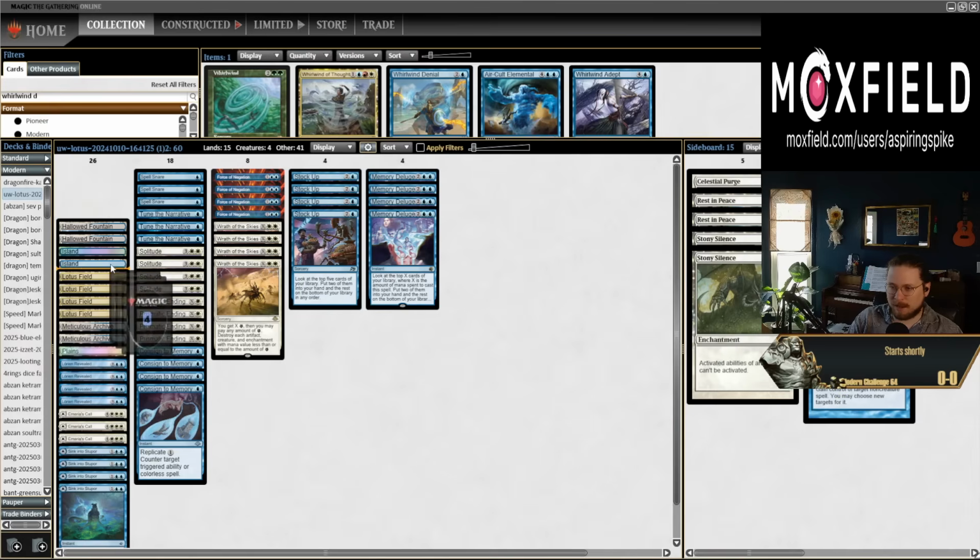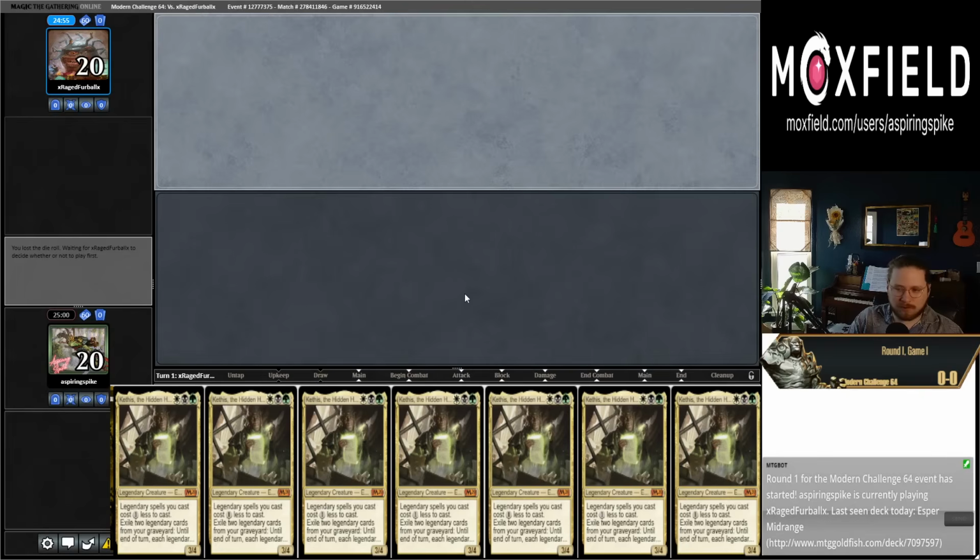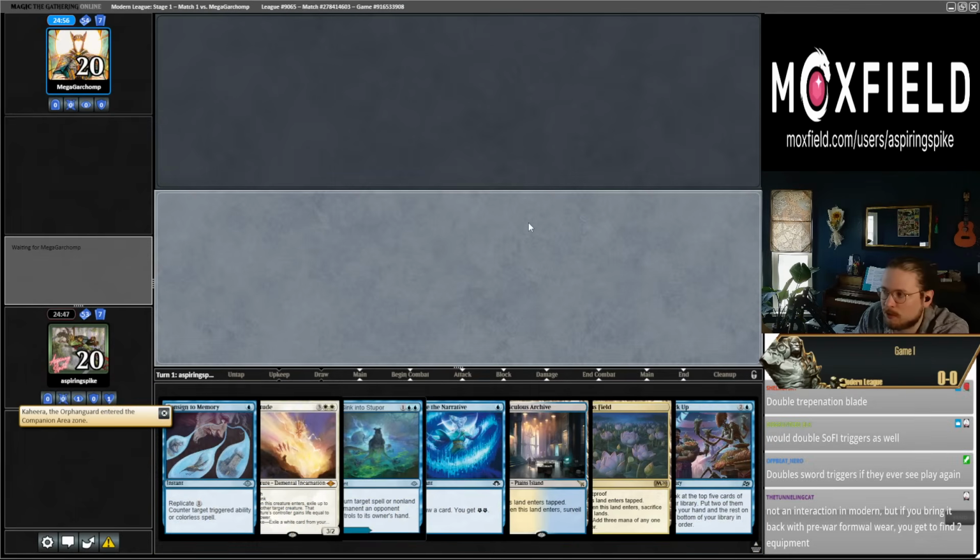And then you have Flagstones as backup Lotus Field enablers. And you win the game with Emeria's Call. So look forward to that deck. Challenge is starting now. Yeah, double sword triggers, but for me, Spear of Leonidas is just like